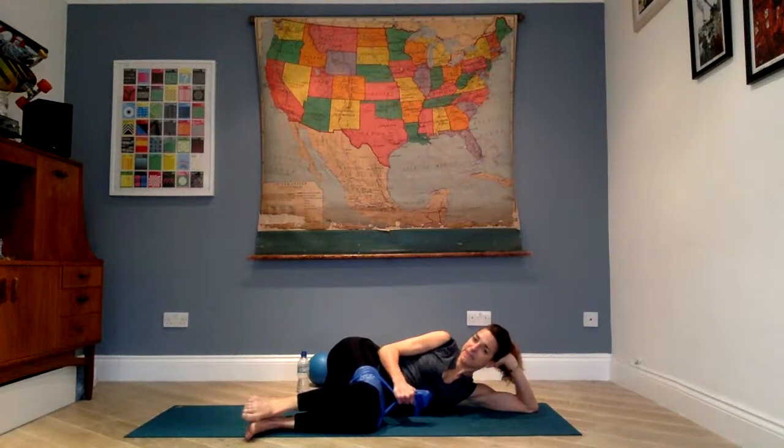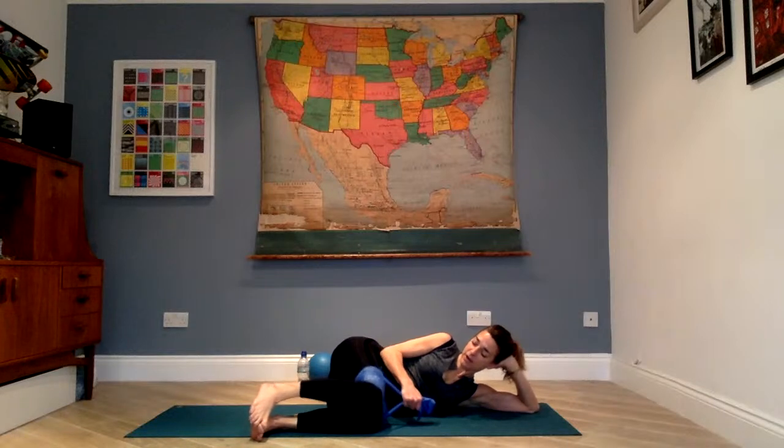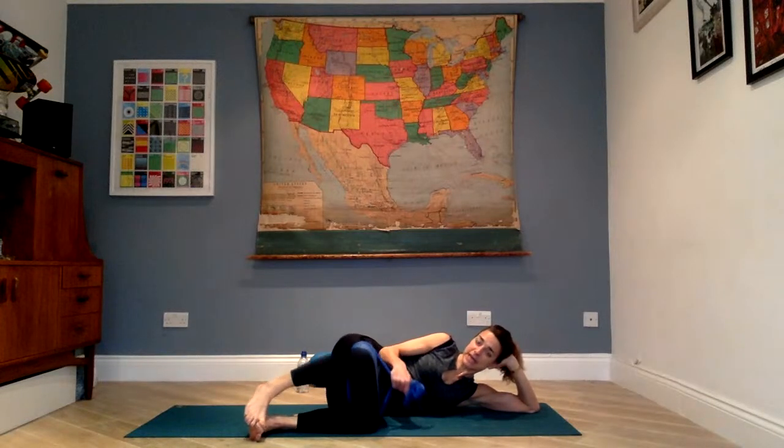Now drop the knees and feet, shoulders back. Just think about the length through your neck and your spine. Keep the feet together and just open the knees. Lift and lower. Also check that your knees are coming back together each time, that top knee isn't kind of